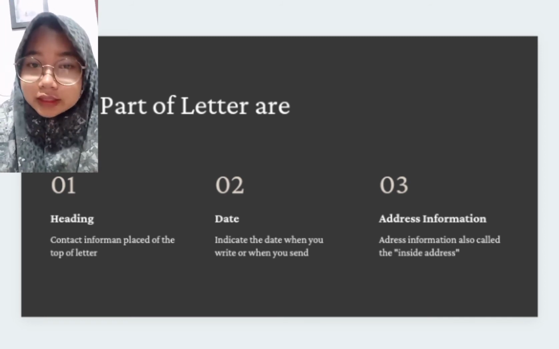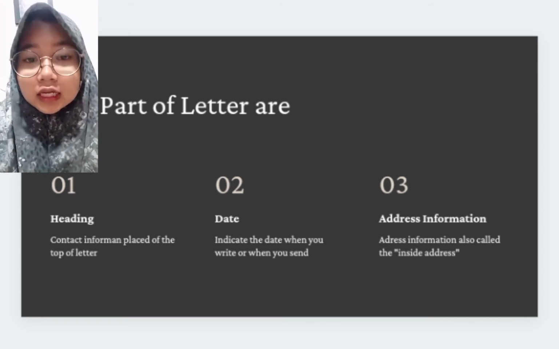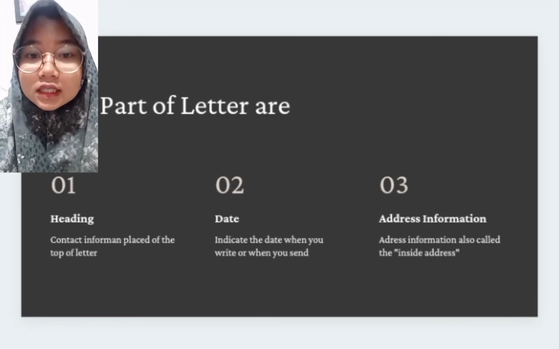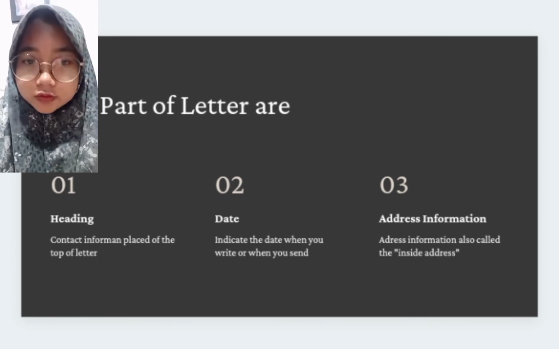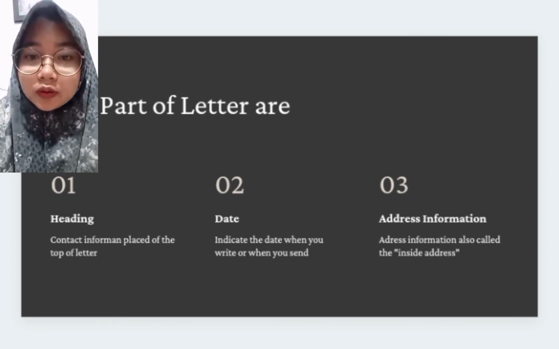Name, job title, company, address, city, state, zip code, and insert a line space after the address information prior to the